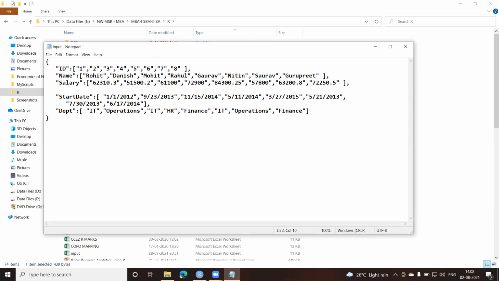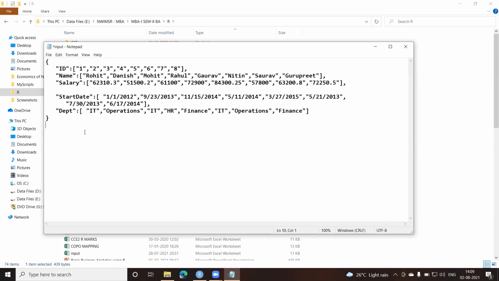You can see this square bracket here, and here we have the square bracket. After you complete the first column, give a comma and give the next column. Again, double quotes, colon, and in square brackets give the values. Clear? Like this, you can complete your data set. You had better take a screenshot of this whole thing. Let me remove the blank spaces which I have. Here we have ID, name, salary, start date, like the previous one, and the department.